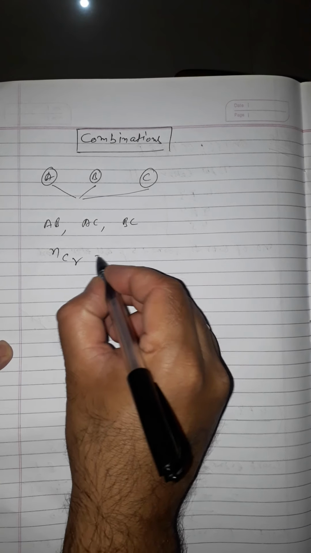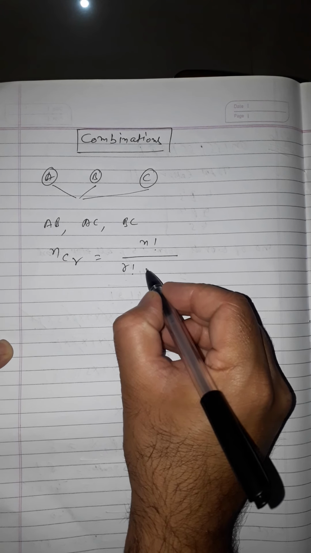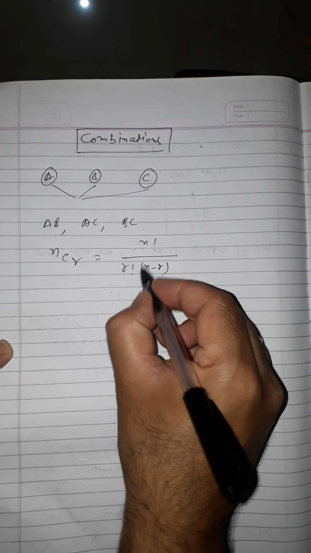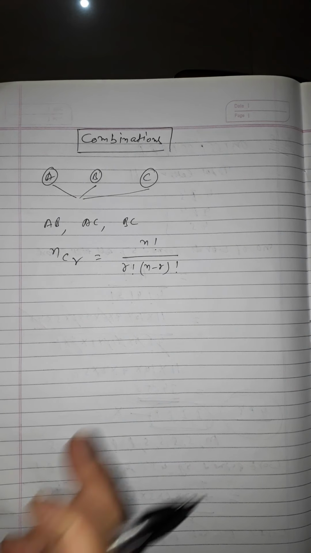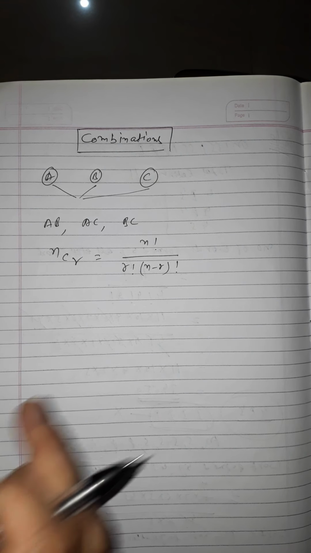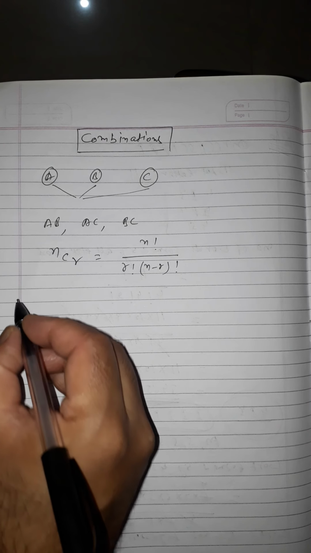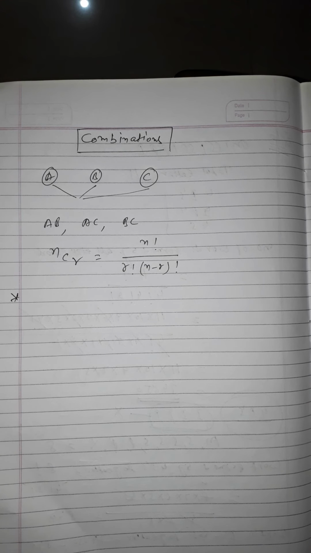So students, remember this combination we represent by nCr, and always remember nCr is equal to n factorial upon r factorial into n minus r factorial. This is actually a theorem, students, and its proof is not in your syllabus. Just keep in your mind that nCr is equal to n factorial upon r factorial into n minus r factorial. There are some very important points that you have to keep in your mind.